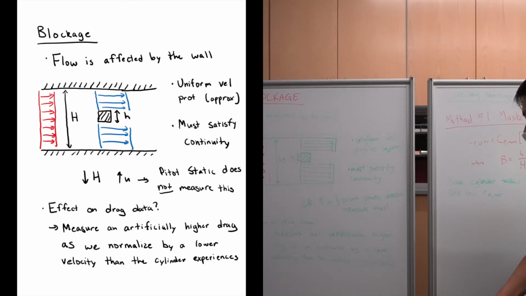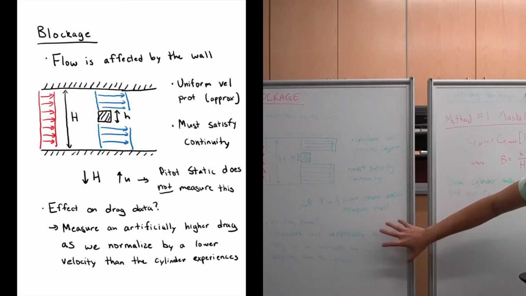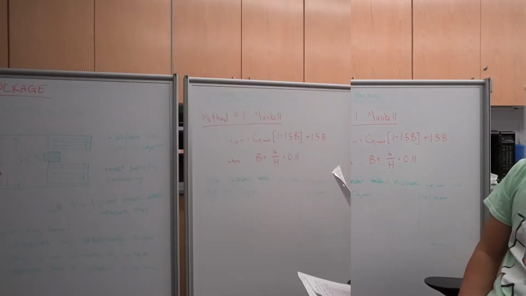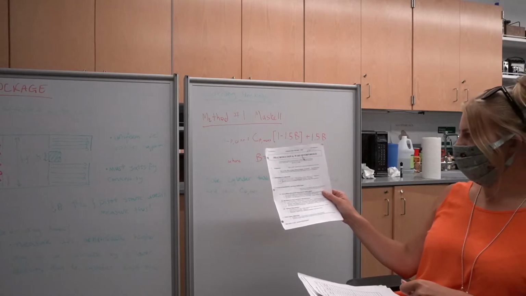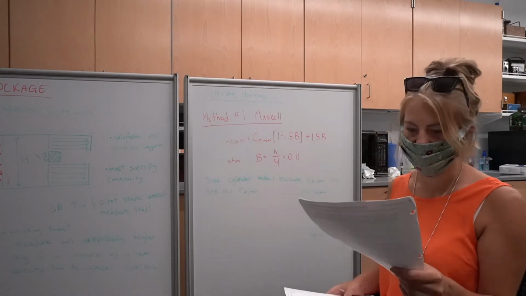And because of how we normalize things by 1/2 rho u squared, we're using a lower velocity than what is actually hitting the airfoil, and that also increases drag. In essence, the drag that we measure is artificially higher because we normalize by a lower velocity than what the cylinder experiences. So the next part of blockage in your lab report handout is computing a corrected CP value